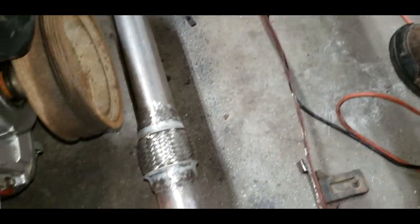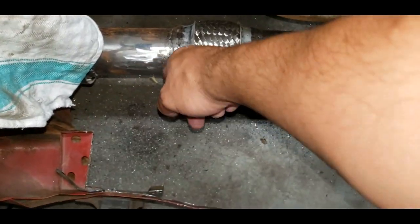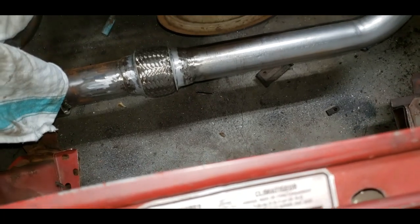So, the good news is it fits in there now. The radiator goes all the way down as low as I'd like. The bad news is the filler neck hits the header. So I'm left with a couple options. I can either redo the header, which I really don't want to do,